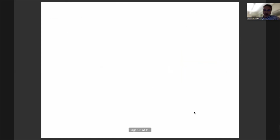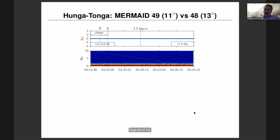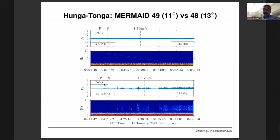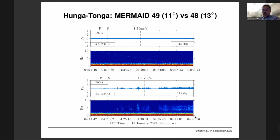Sorry, wrong way. 49 compared to 48, which is in the same direction and still close by, and it heard almost again a copy of the source signature. So there clearly is a directional effect here. 49 again hears absolutely nothing beyond the sounds of the normal ocean that we already knew about. Whereas 48 hears this beautifully pulsed signal that shows you an intricate spectral signature